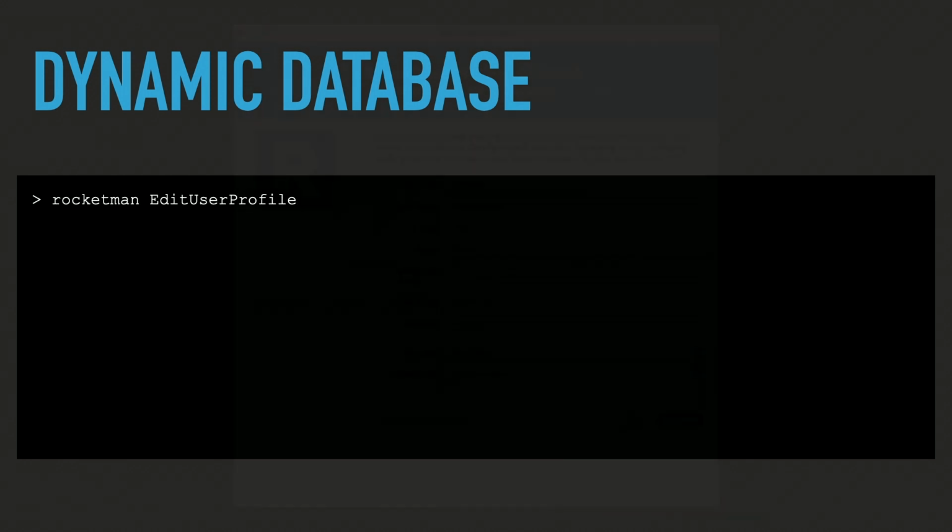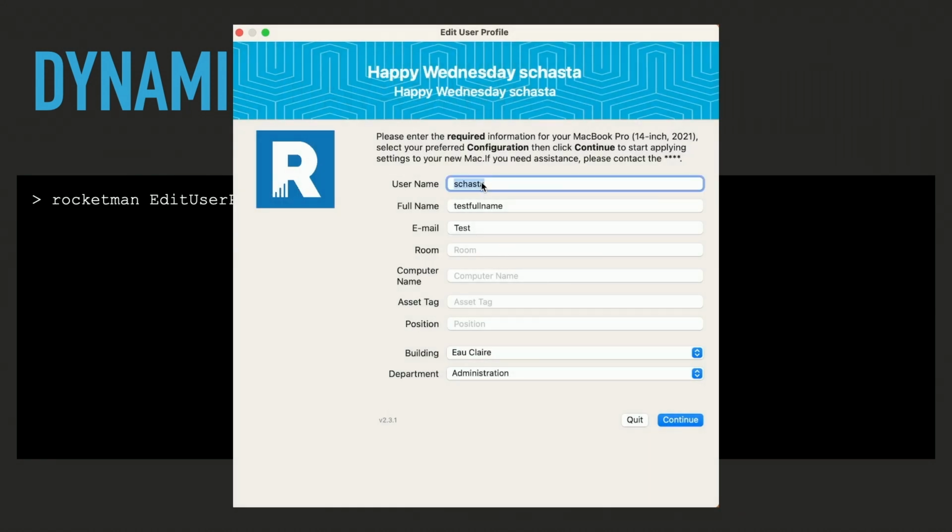Dynamic database. So one of the issues I've been having as we're trying to use this as a scripting tool is sometimes I'm like, all right, I want to be able to gather some information from the user and then use that in the computer name. But right now we have to do an API call or something to get that stuff from the computer, which is stupid. So dynamic database is basically putting certain information into a preference file that RCC can then grab. So with Edit User Profile, this is a tool we didn't show, but basically the user is able to put information about the computer that will then get sent to Jamf Pro. Once that happens,